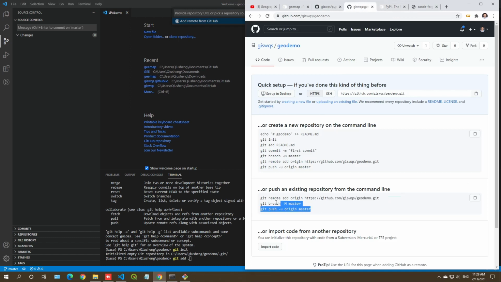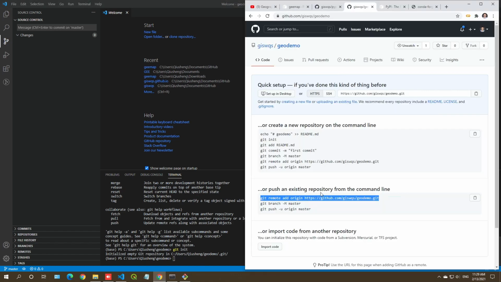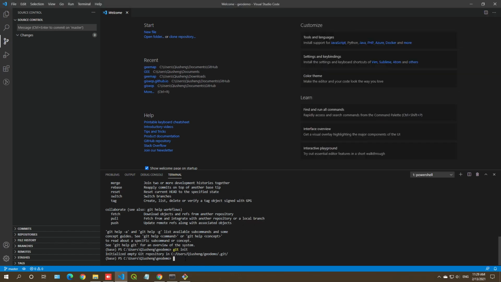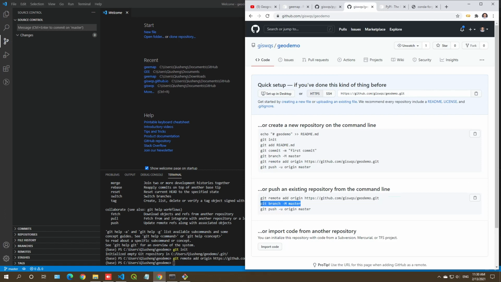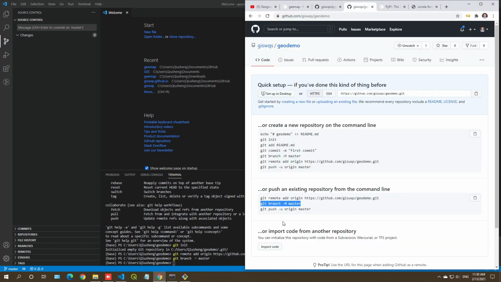You can also directly use this source code here line by line, and I'm just going to use the command line from here. Okay, so I'm going to delete this and then come back to here. I can copy the first line, come to here, right click, hit enter, then it adds a remote. So basically we right now are linking our local repository to the remote. And the next one, git branch -m master, again hit enter, last one. So we're going to push this one to